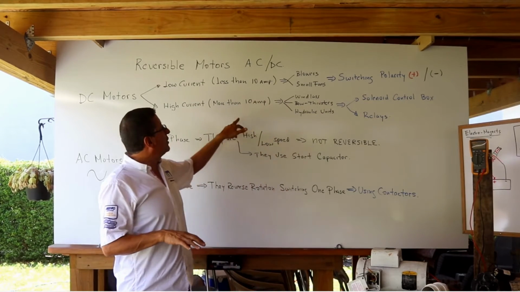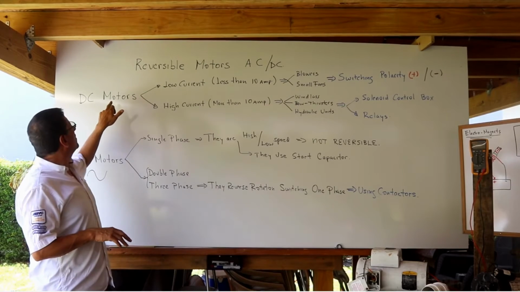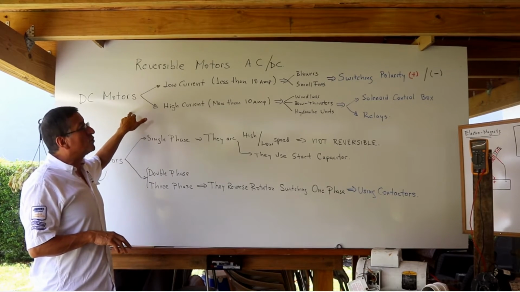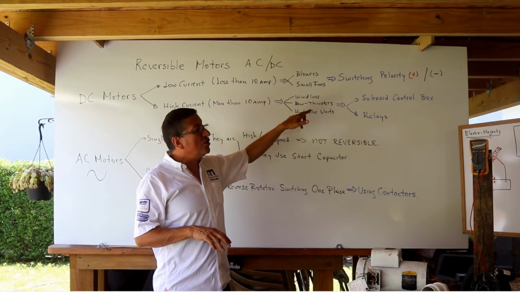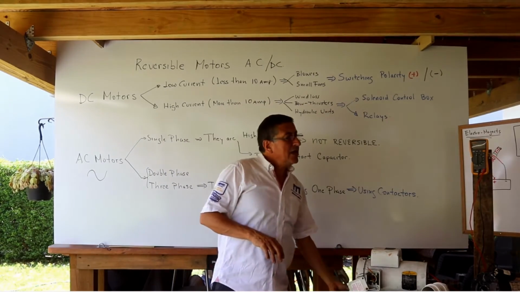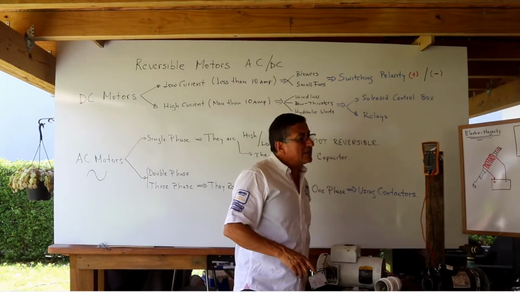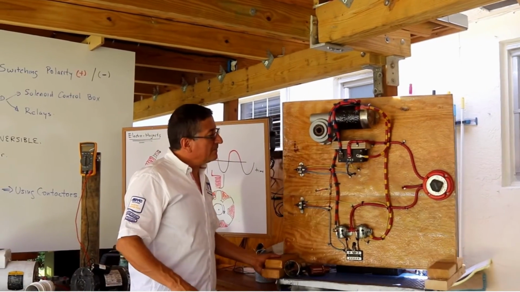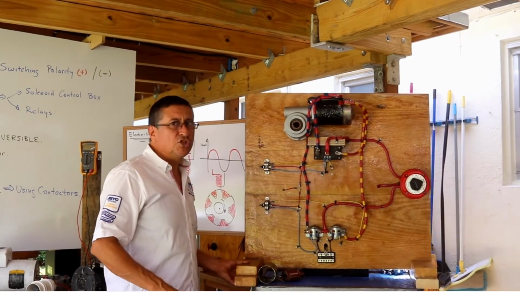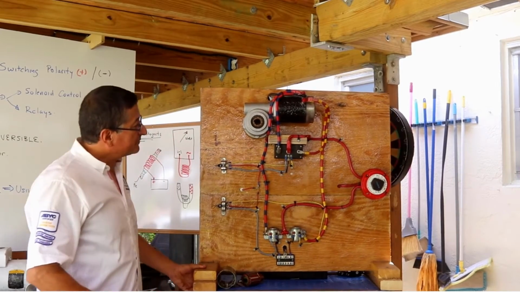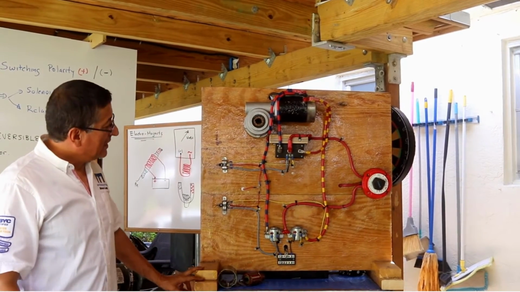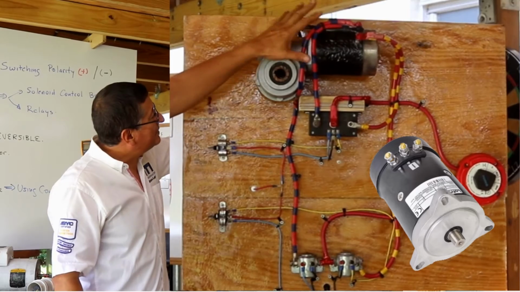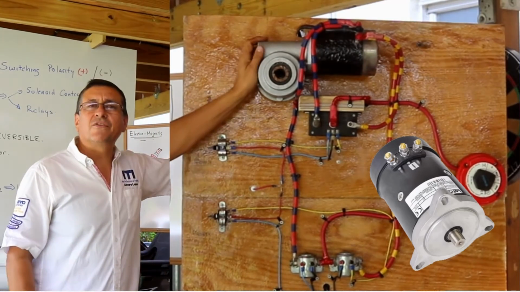Okay, I am going to explain right now the procedure to reverse rotation in DC motors using a solenoid control box and relays. I have a board that I prepared for you in order to explain the procedure to change rotation in DC motors. This is a typical DC motor with a reversible